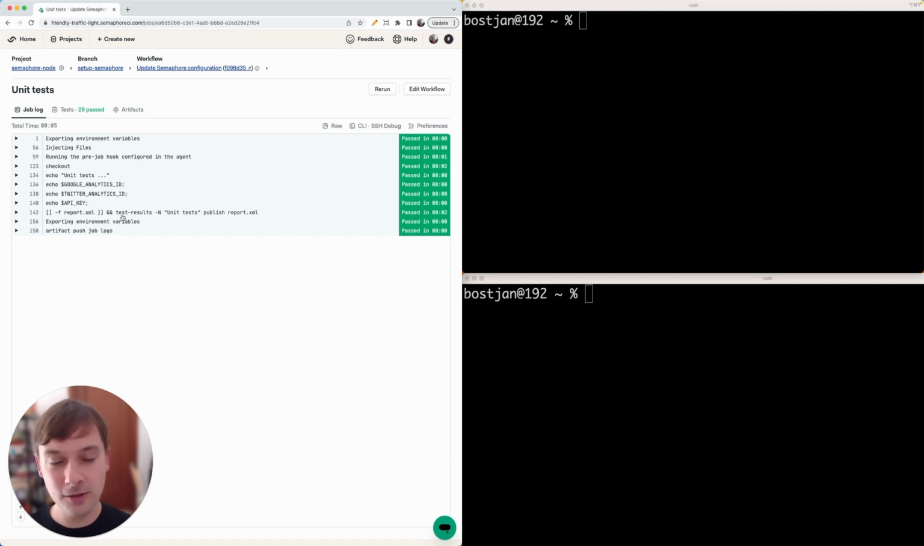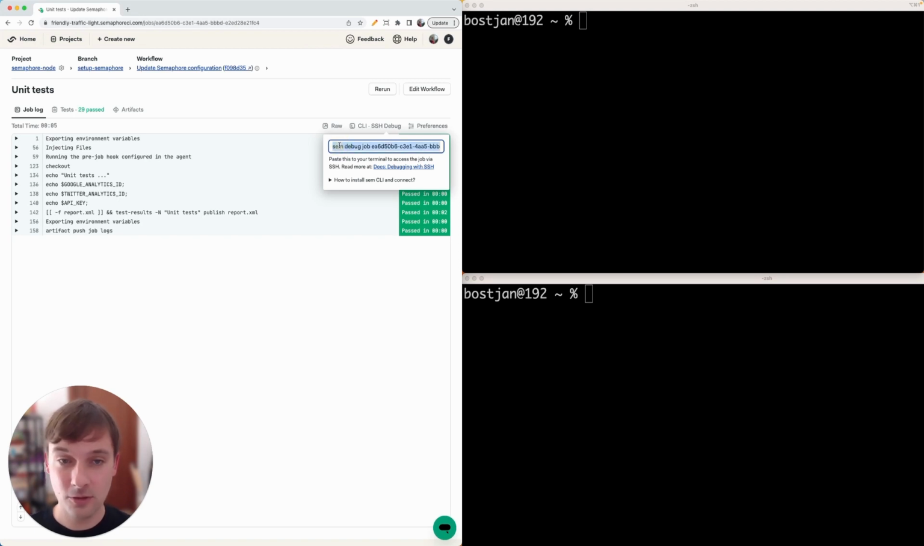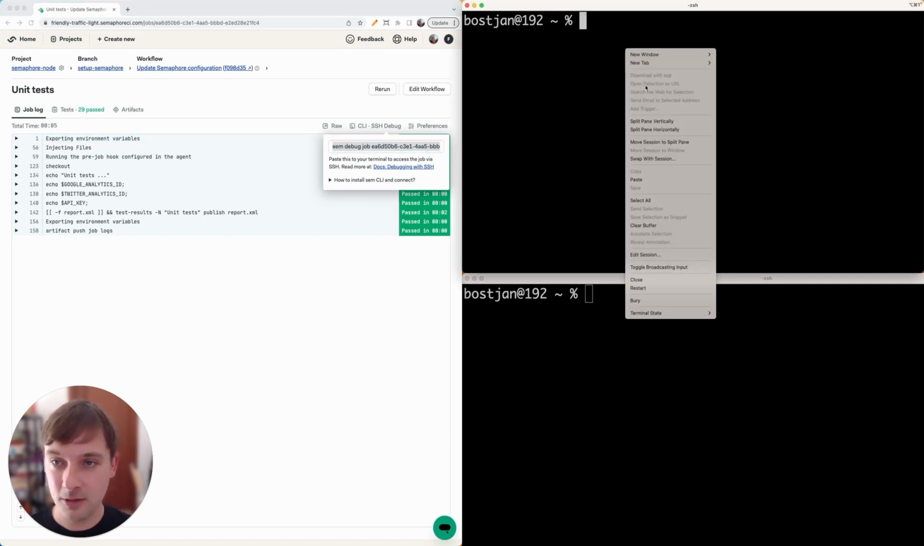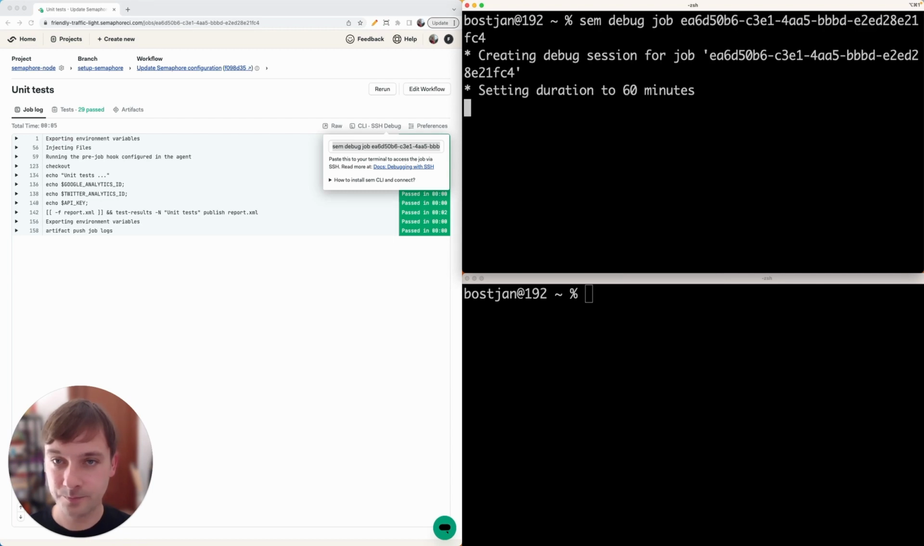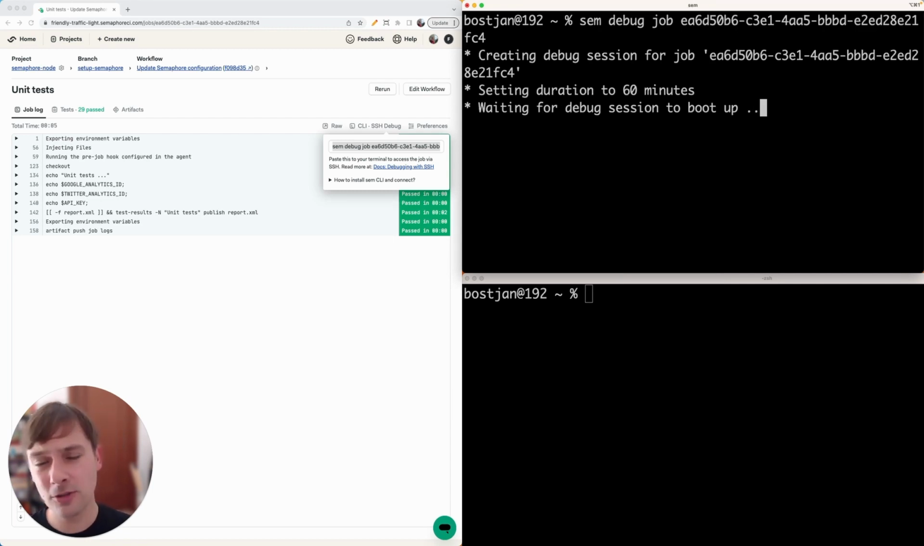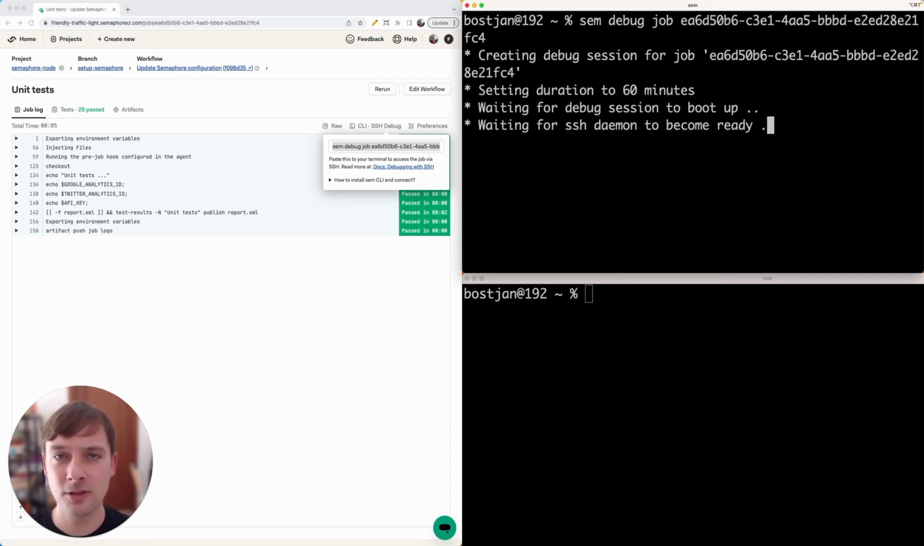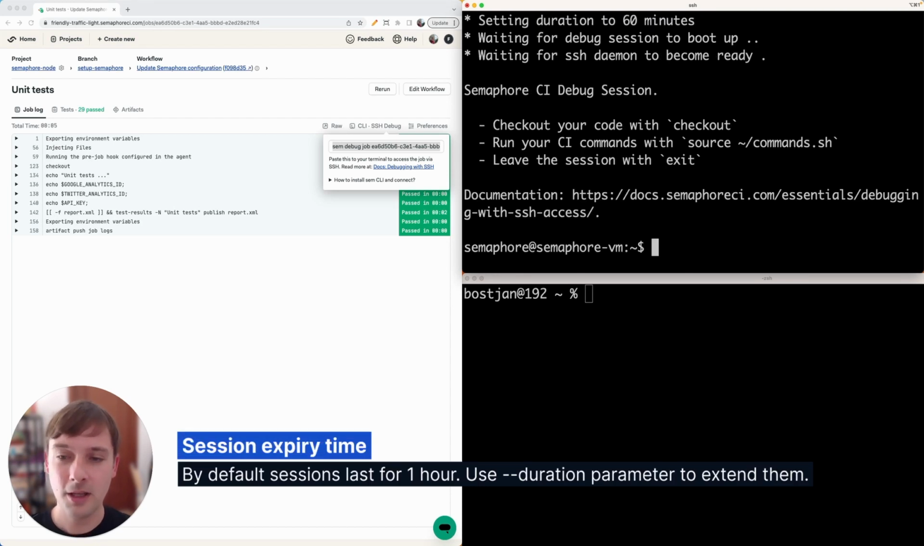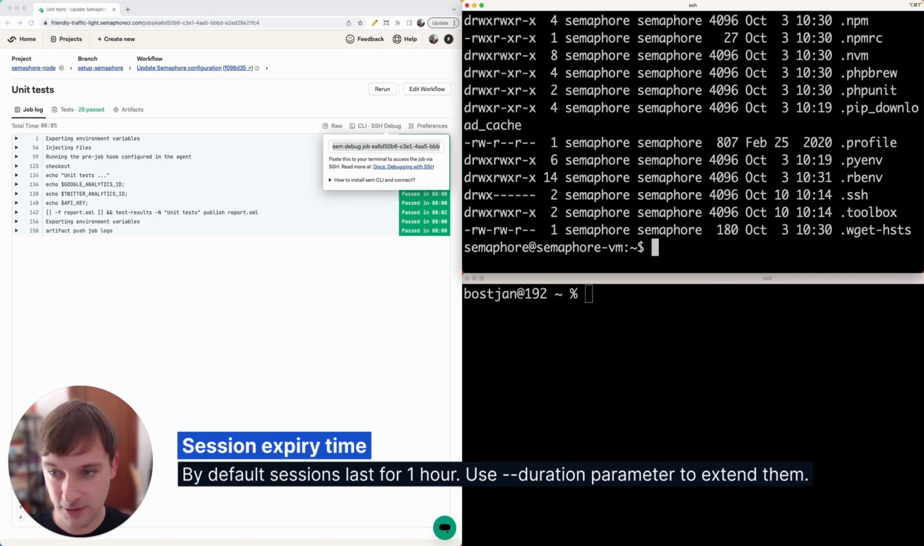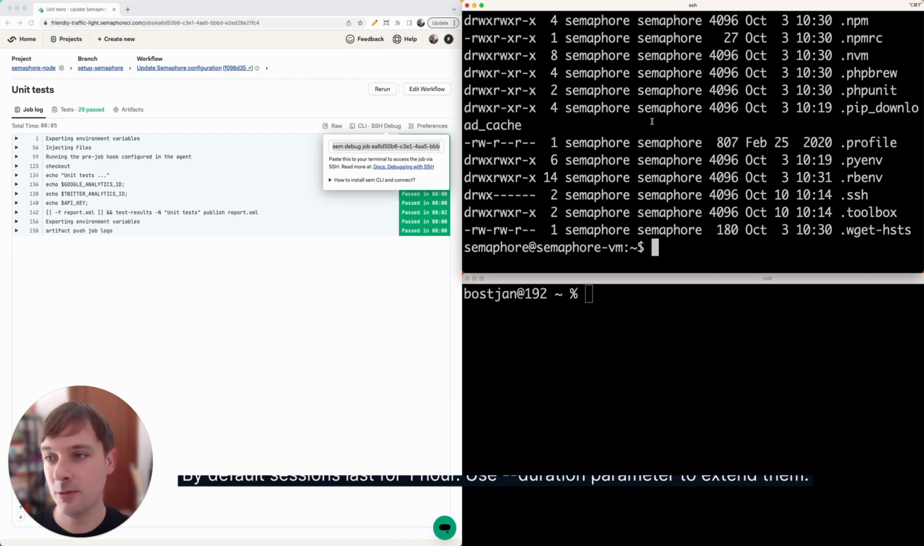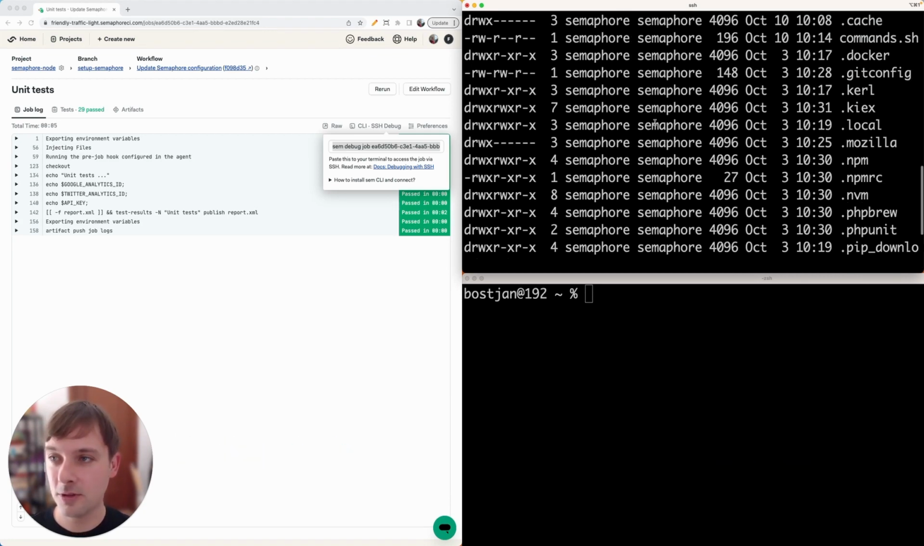Now, if you want to start debugging a job, we can click on SSH debug over here and we will get this command that we can execute. So let's copy it and now let's go here and paste it. And what's going to happen is a debug session is going to be prepared for us. And right here, what we can actually do is let's, for instance, list everything that's available over here. And you can see that we have a